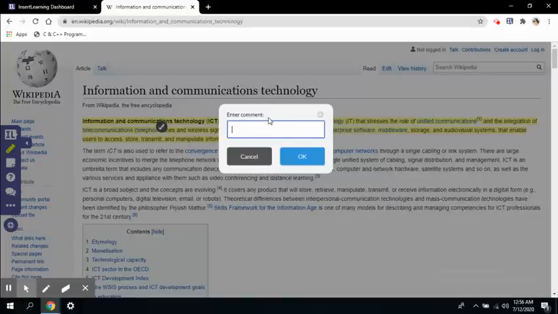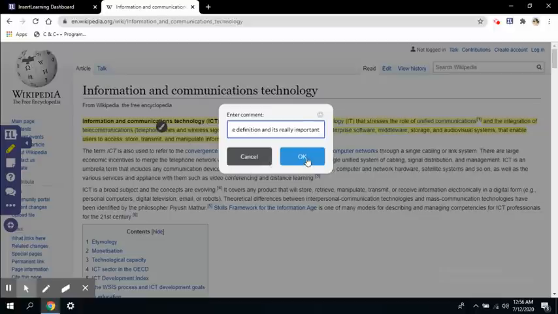Now it says enter a comment. Now when I have highlighted that content, if I want to explicitly add a comment, like I want to say this is the definition, and it's really important. All right, sorry, a spelling mistake there.